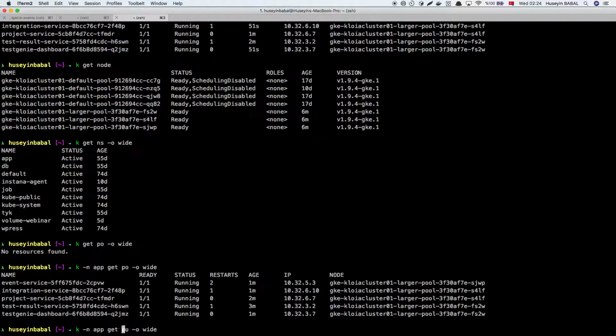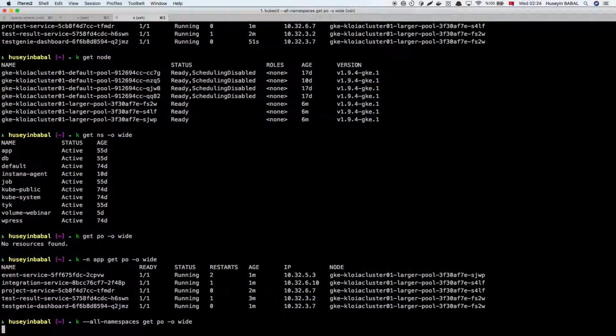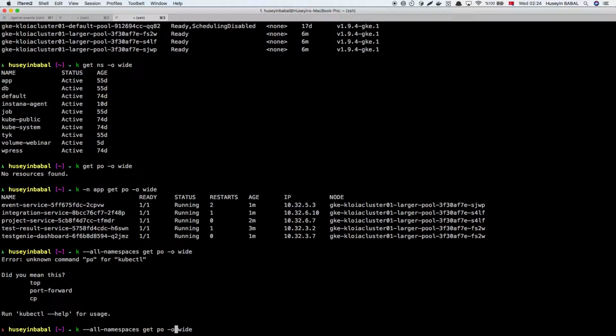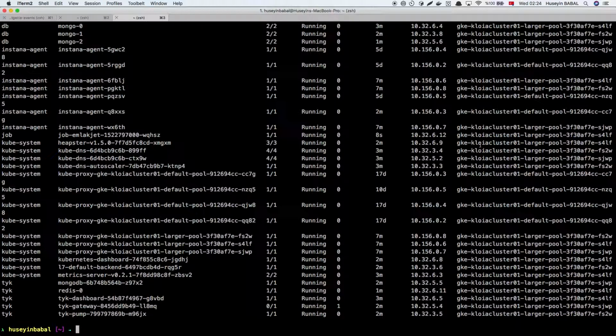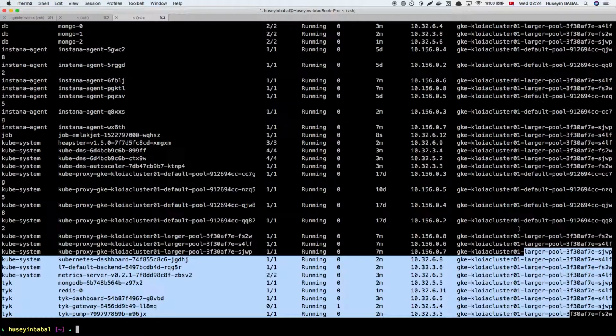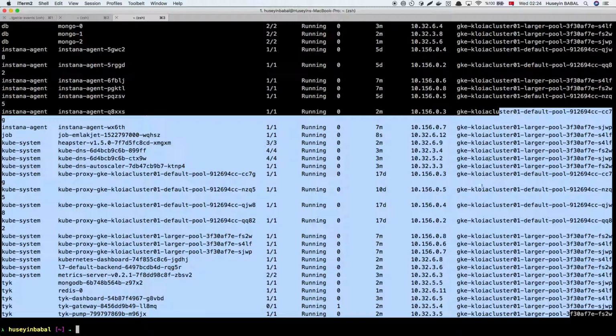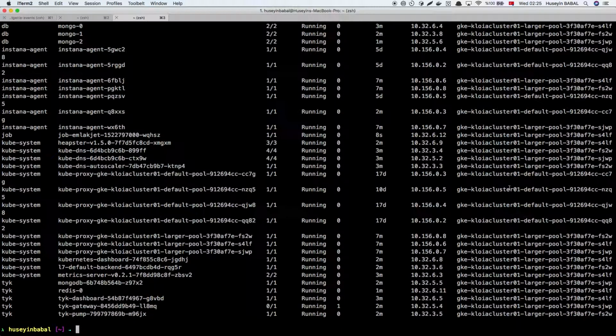Okay, in the namespace section, I will provide all namespaces. Okay, as you can see here, there are a couple of the